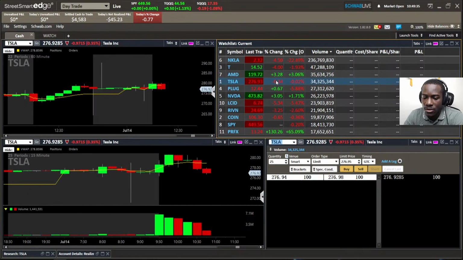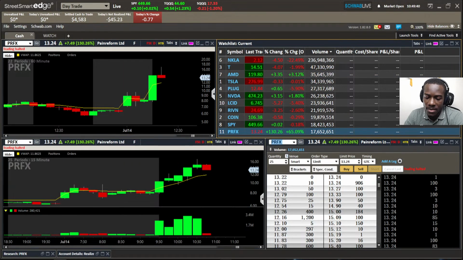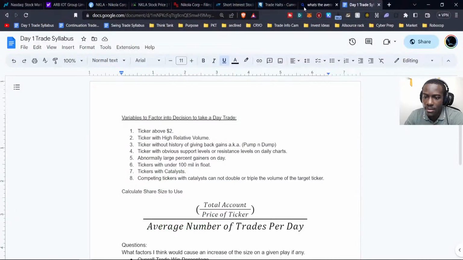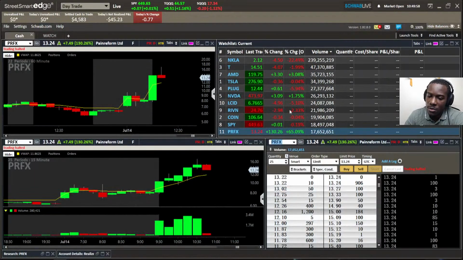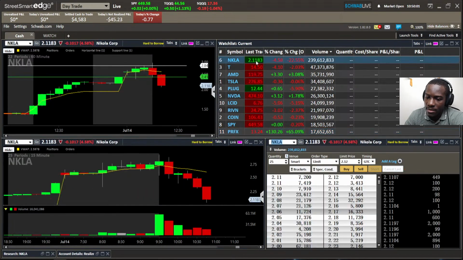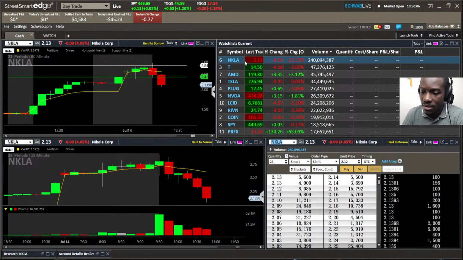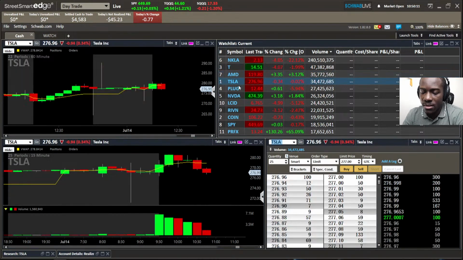AT&T did. Where's PFRX? Did it open up? Nope. Let me see what time it's supposed to open up. PFRX halted at 10:46, should be opening up at 10:51:07. So just a few minutes there. But yeah, look at this thing destroying its way down to the $2. And you know, if something goes under $2, I'm just not going to touch it. It's too close, too much risk, too much to be played with. I'm good.